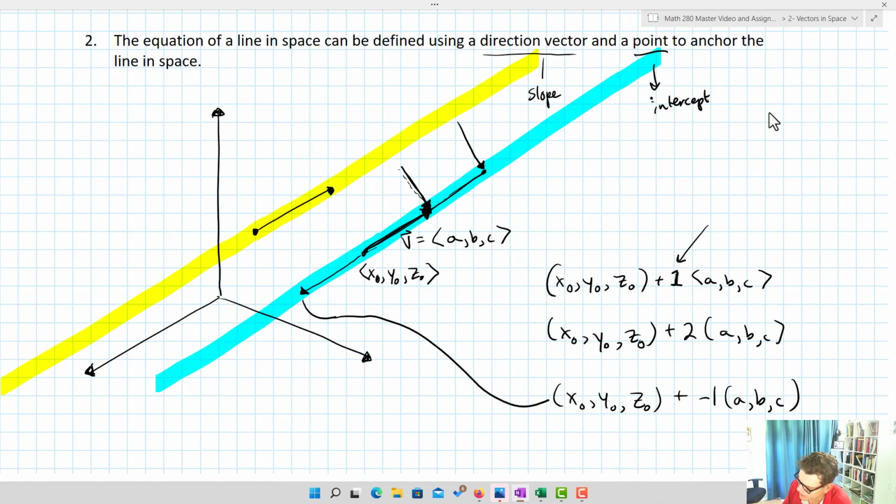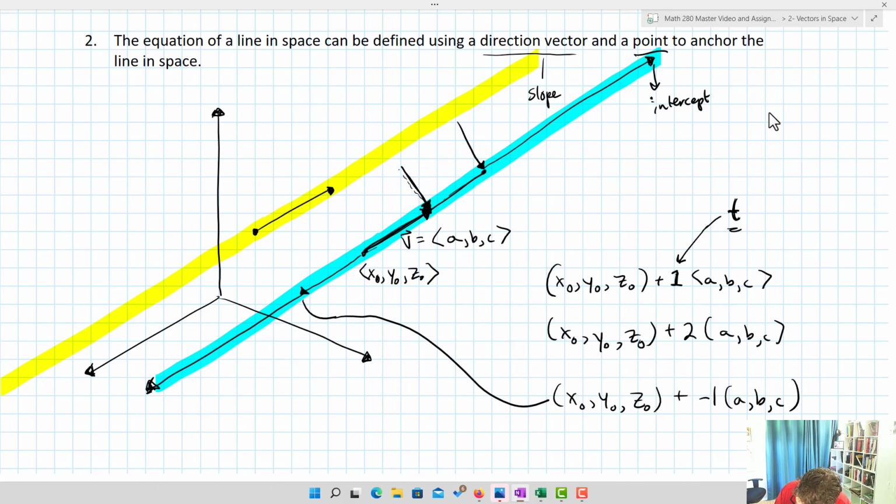So what we're essentially going to do is utilize a parameter here for the scalar. We're going to call that parameter t. As I change t, I end up at a different location along that line. Now, you want to think to yourself, well, there's no way to get off that line, right? Because if I change t, it's just going to take me further out, either forward or backwards